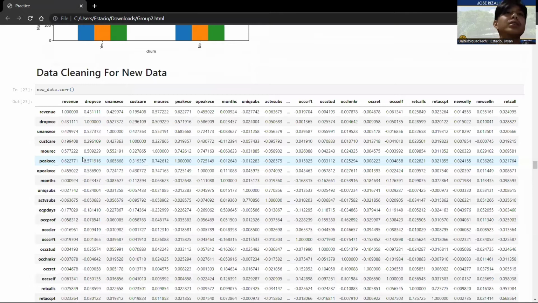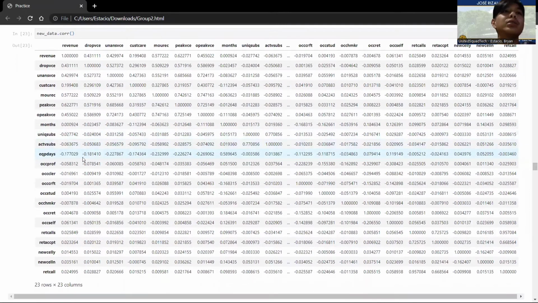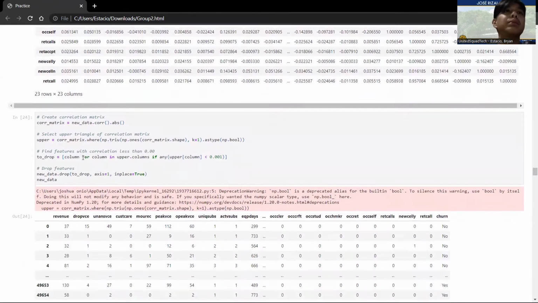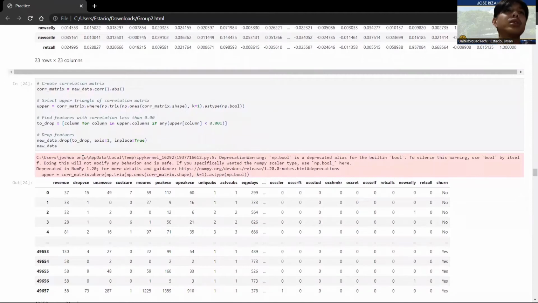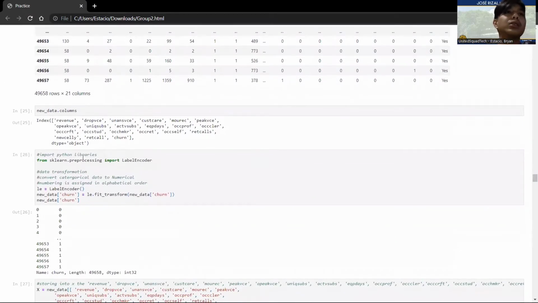For data cleaning, we did the data correlation, and it dropped two columns, from 23 to only 21, and these are the new columns from the dataset new data.